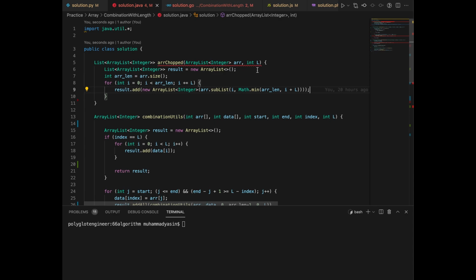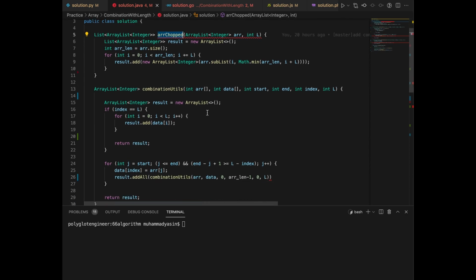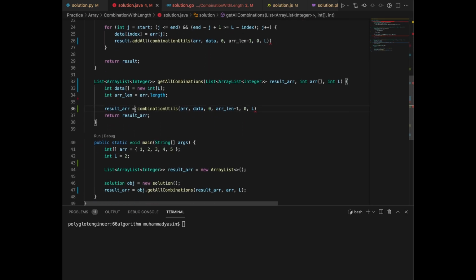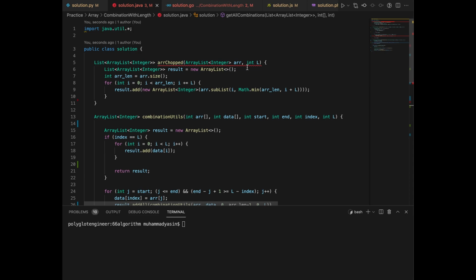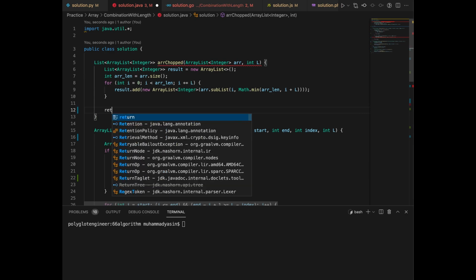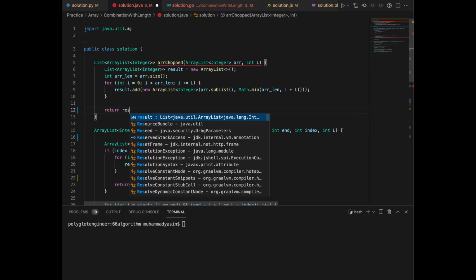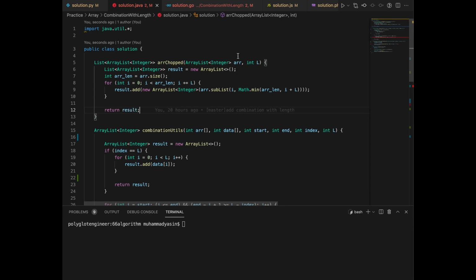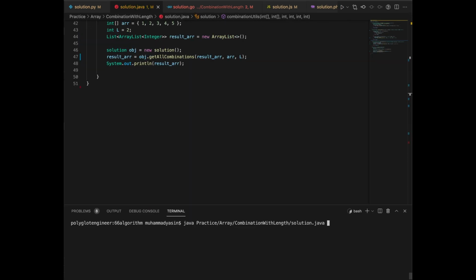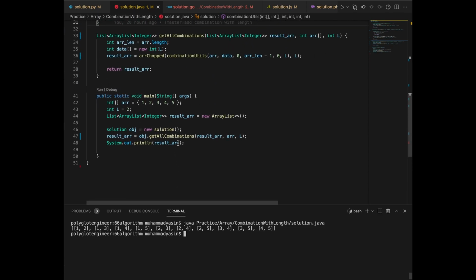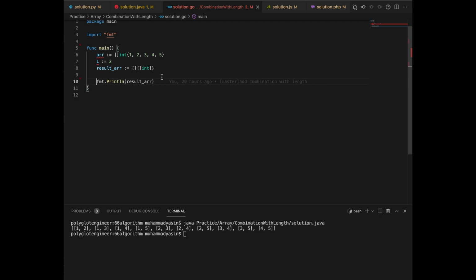So you can see a chop in here. We're going to change it here because it will result in error. So after we change it there, it's going to be fine. Something is fine here. Oh, you don't have return, and you're going to return the result, right? Okay, we got the combination right in here,